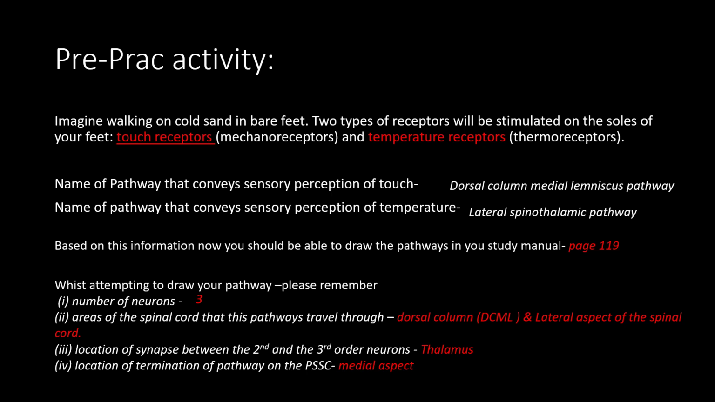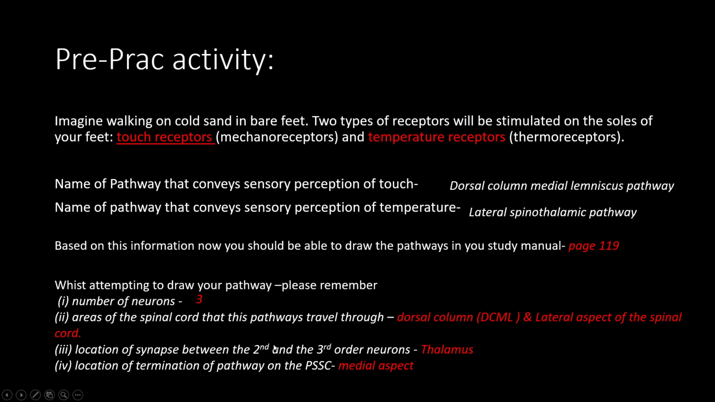Before you attempt to draw the pathway, please remember, as you are drawing an afferent or a sensory pathway, the number of neurons would be 3: first order, second order, and third order neuron. Next is the area of the spinal cord that this pathway will first travel through. Remember, the perception is coming from the lower part of the body or from the lower limb. Hence, it has to travel through the spinal cord. Therefore, you have to be mindful when you are drawing as to which part of the spinal cord this pathway